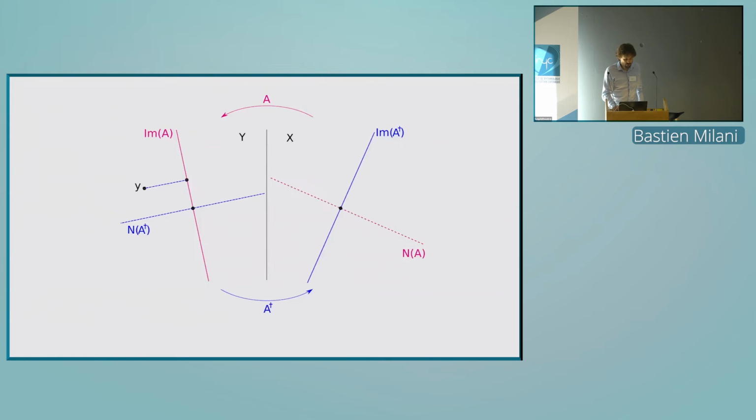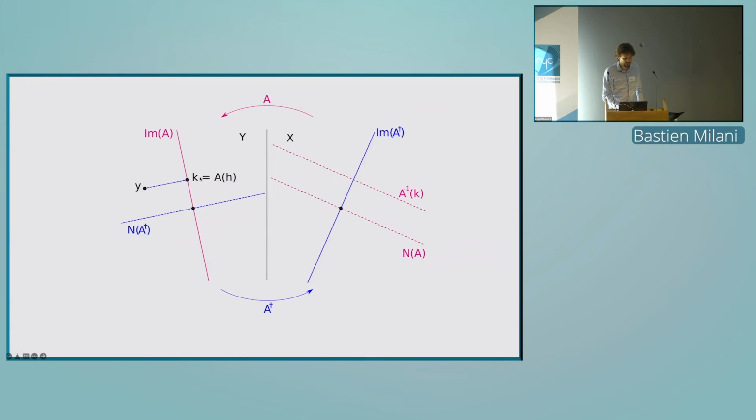And so what we do in SENSE is that we have a measured point Y in the data space, and we want to find an X that is sent as close as possible to Y. There is a theorem in linear algebra saying that if you have a point in a space and you have a closed convex space, like a linear space, there is only one point in that convex space that is the closest to Y. So in other words, we have to find the X that is sent on K, which is the closest point in the image to Y. So we have to find an H,